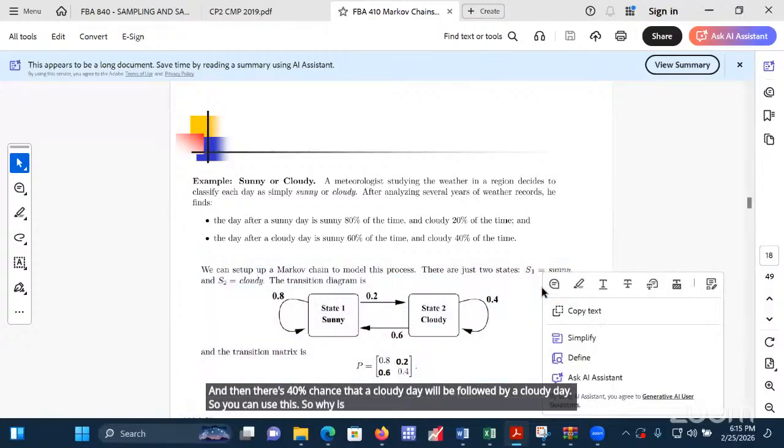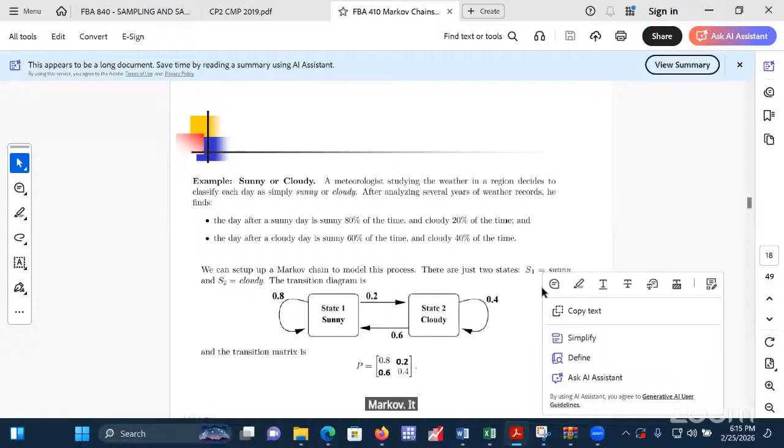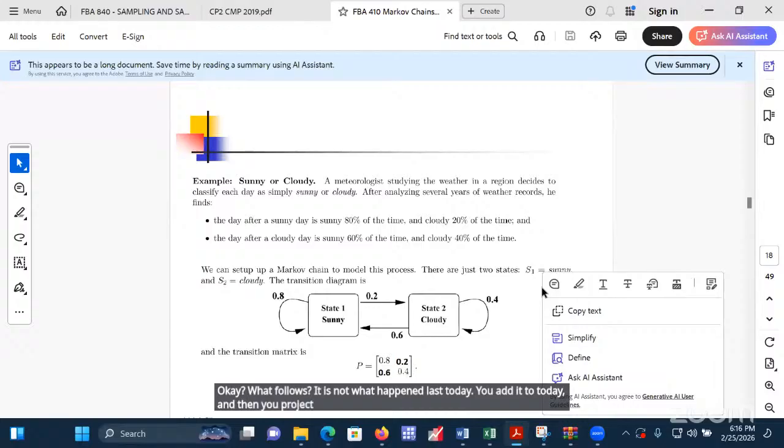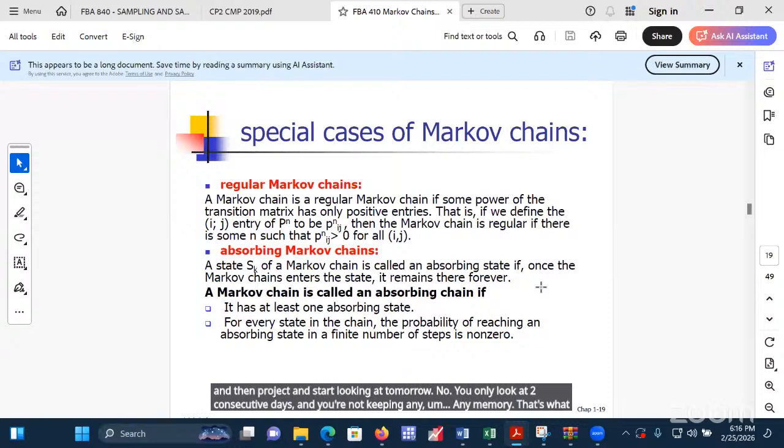So why is this stochastic? Why is it Markov? It is Markov because you are not concerned about 2 days ago. You are only concerned about the current. Today, is it cloudy or sunny? If it is cloudy, all right, then tomorrow, what follows? It is not what happened yesterday. You don't add it to today and then project and start looking at tomorrow. No, you only look at 2 consecutive days and you're not keeping any memory. That's what makes it